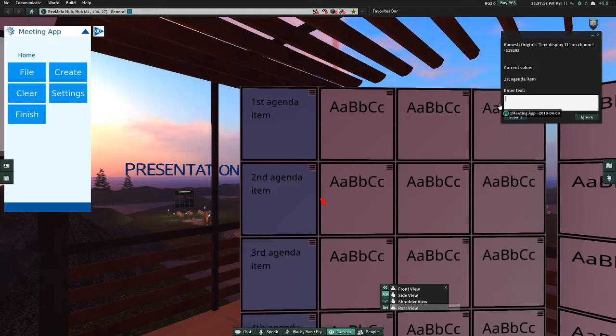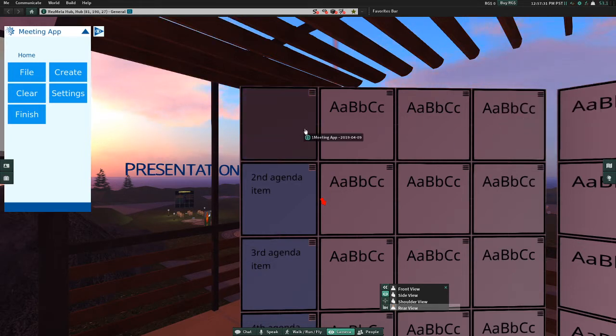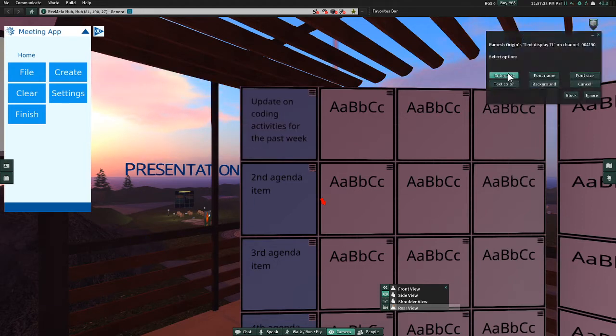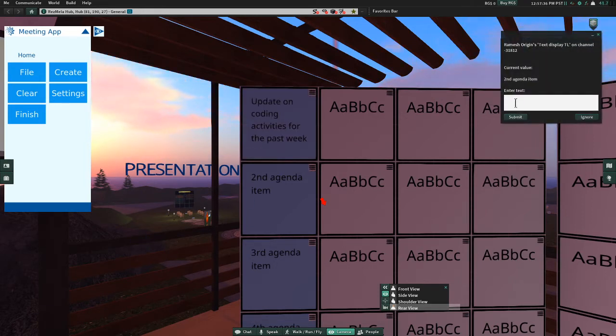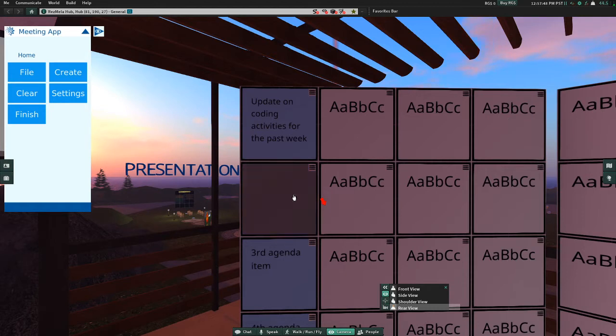So maybe the first item would be update on coding activities for the past week. Okay, so I'll just have this as an item on the agenda, and I could have another one on preparations for OSCC 2019 conference. So that would be another item on the agenda, and